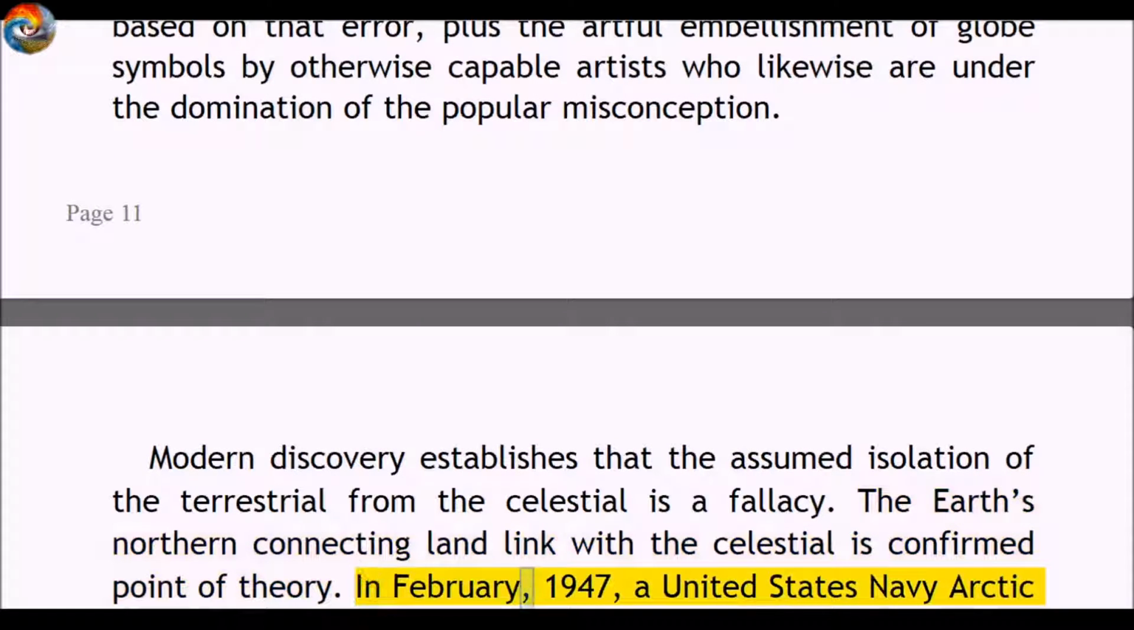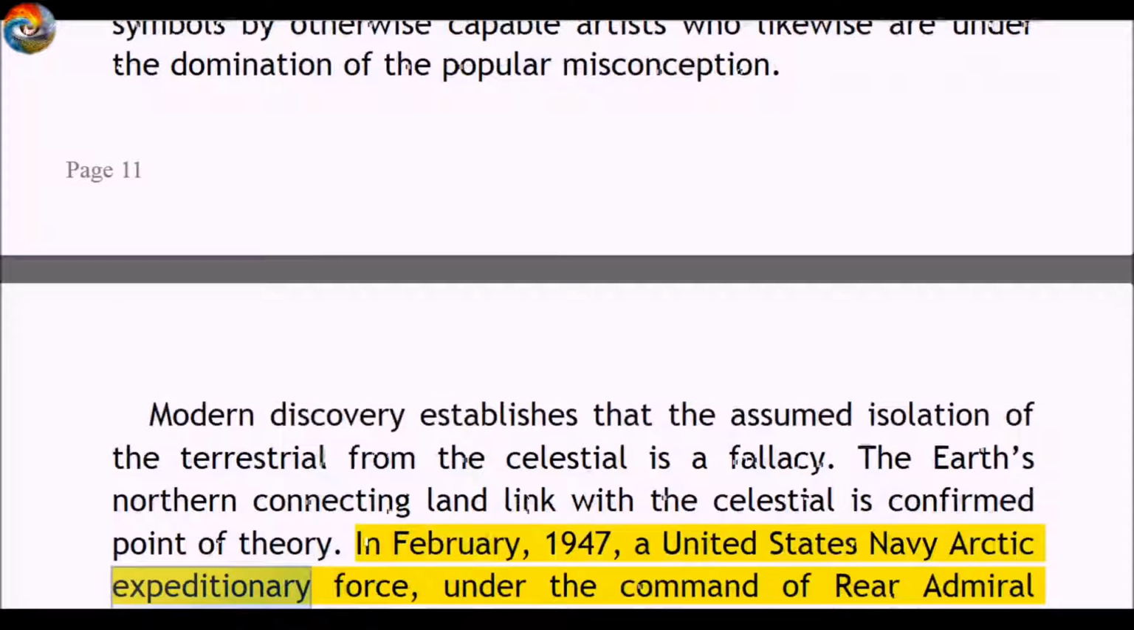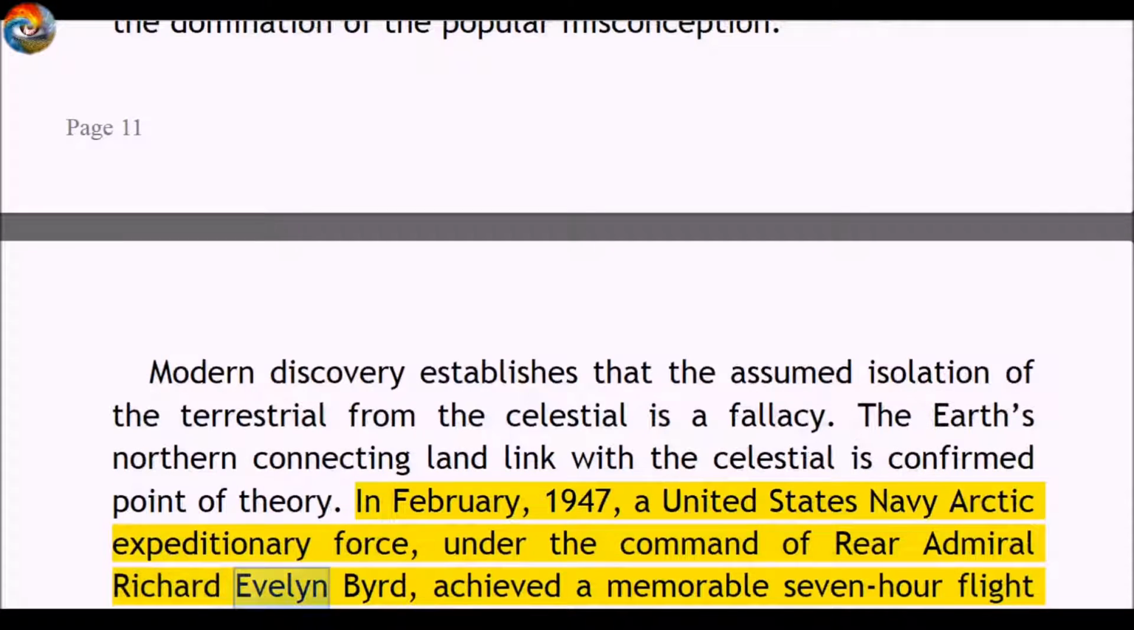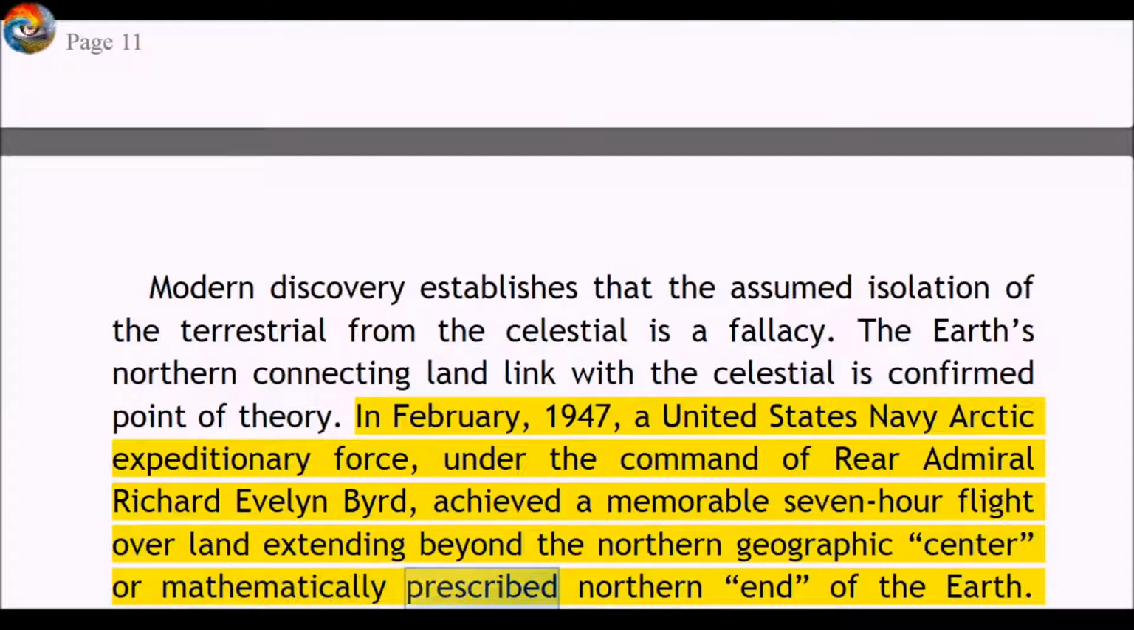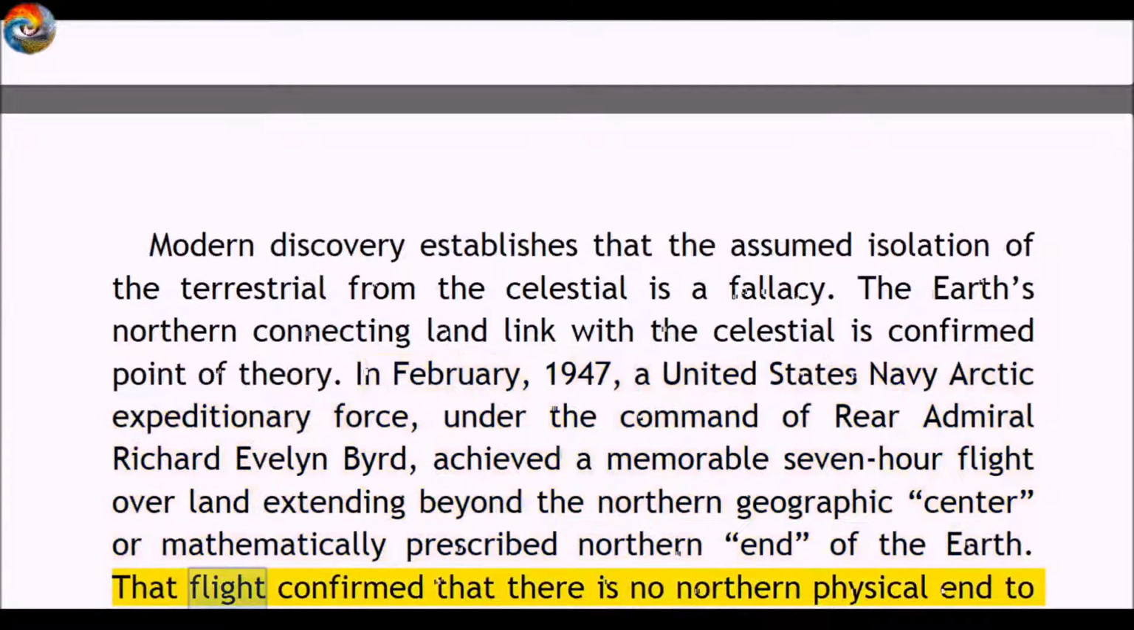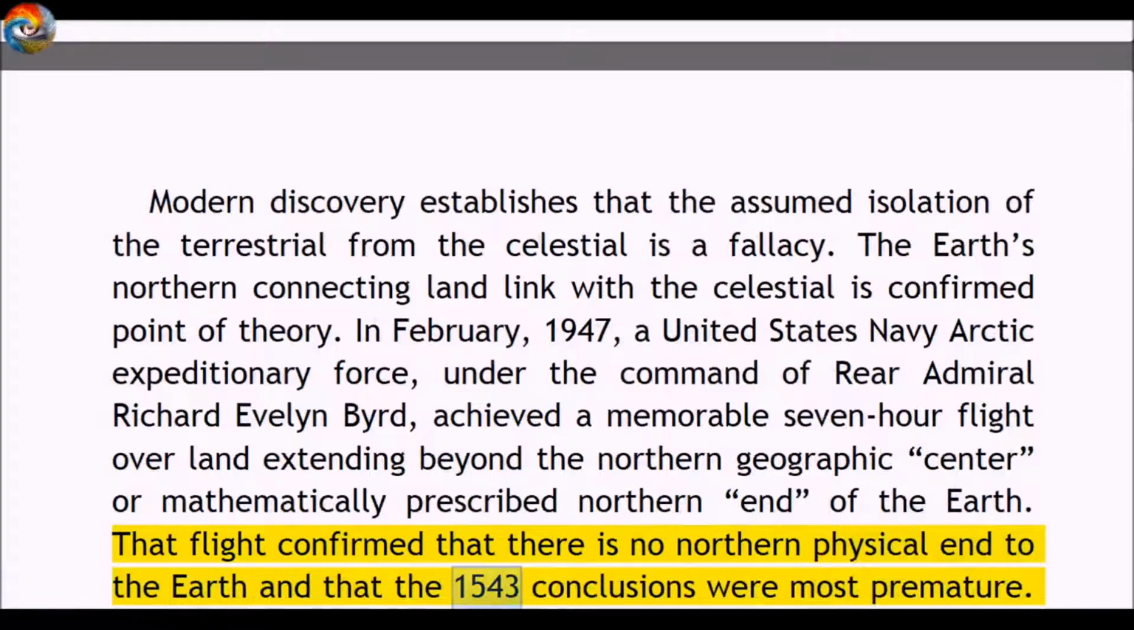In February 1947, a United States Navy Arctic Expeditionary Force, under the command of Rear Admiral Richard Evelyn Byrd, achieved a memorable 7-hour flight over land extending beyond the northern geographic center or mathematically prescribed northern end of the Earth. That flight confirmed that there is no northern physical end to the Earth, and that the 1543 conclusions were most